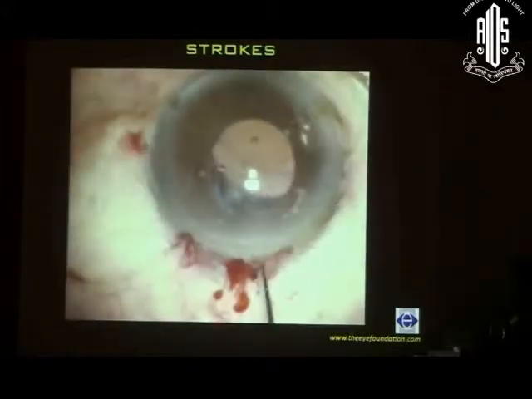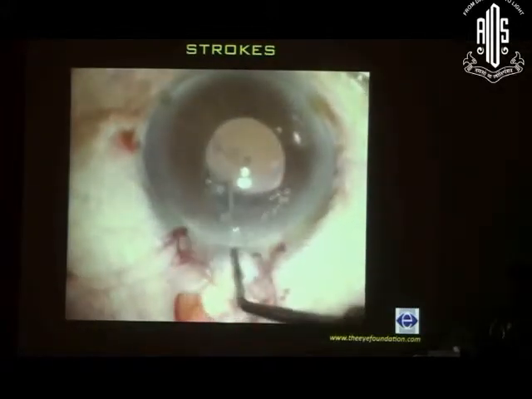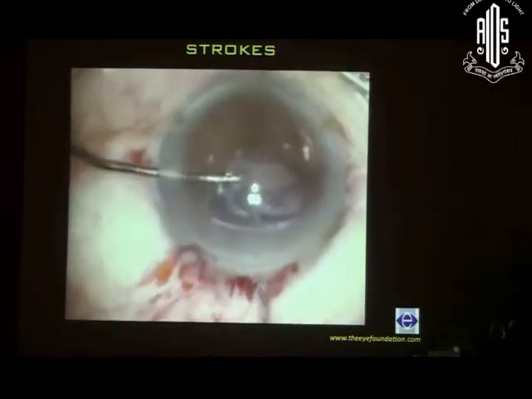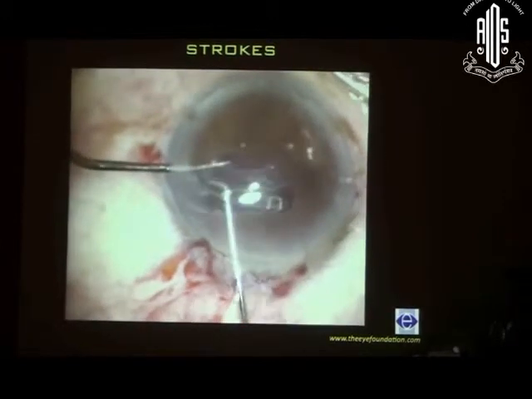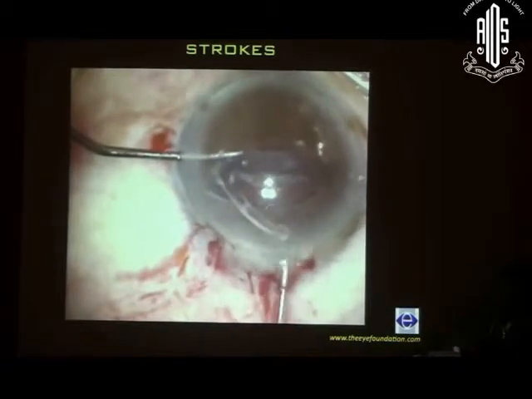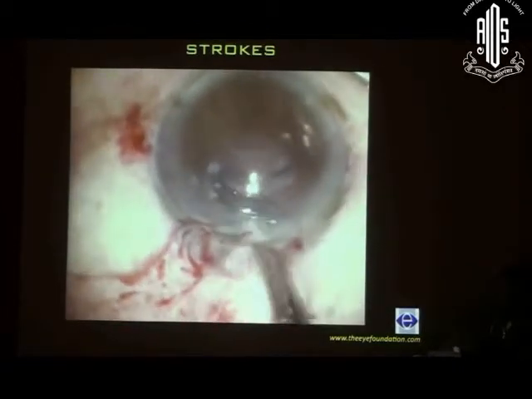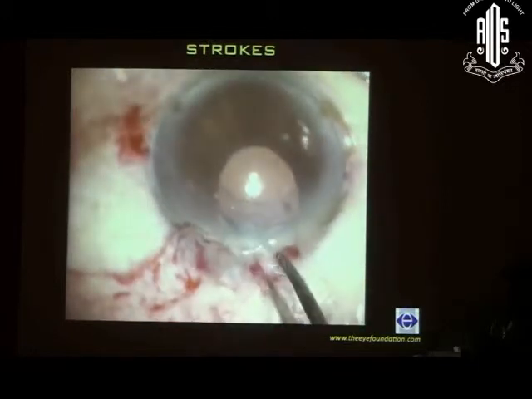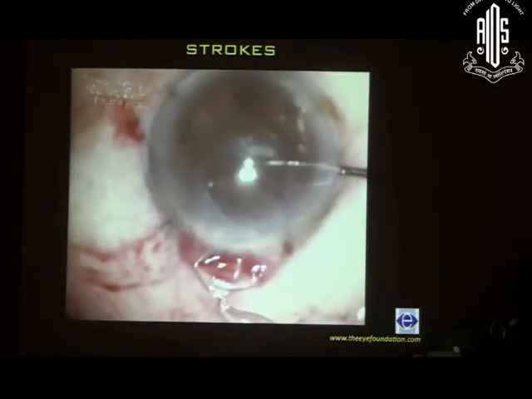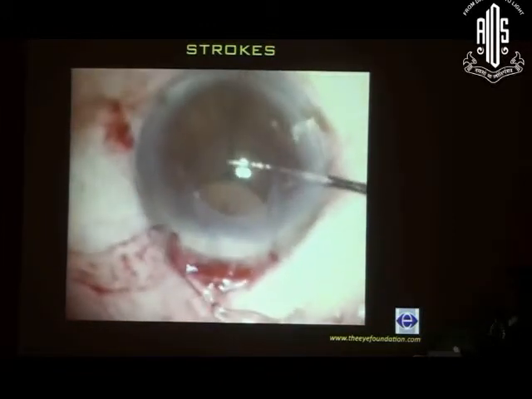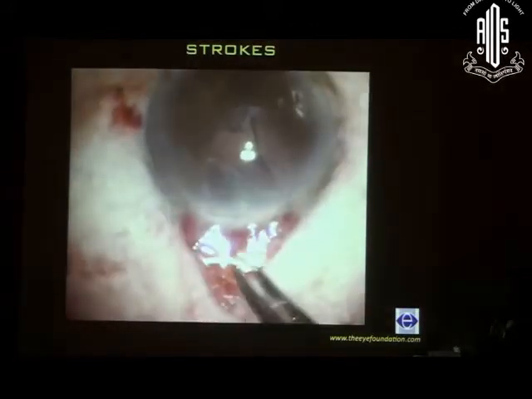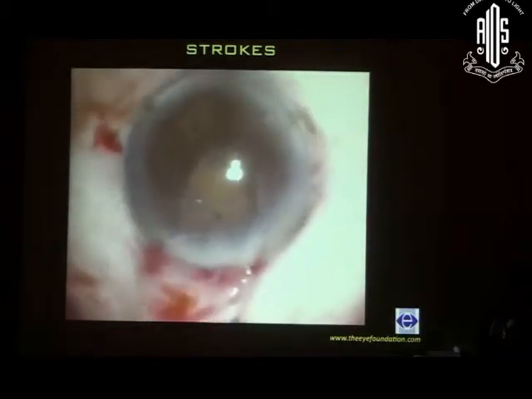This is the last of the cases, wherein sometimes we are not adequately judged. The area of dialysis is small, but you have just used a CTR and not gone on to the CT segment, Sioni ring, or any scleral support. And the patient comes in many years later with a dialyzed bag, with a dislocated lens. At that point of time, you should be absolutely unhesitant to go ahead and remove it. And it is not just removing the IOL alone and looking at the different options, but it's important that you try to locate the CTR and remove it, which is what is being done in this case.